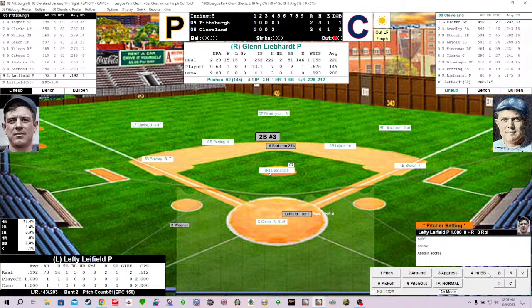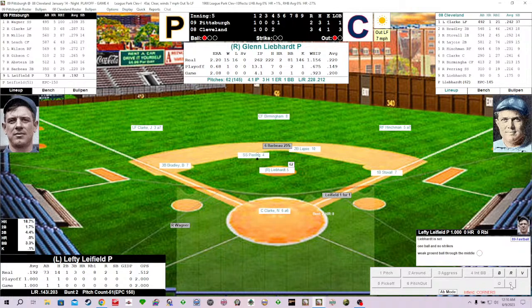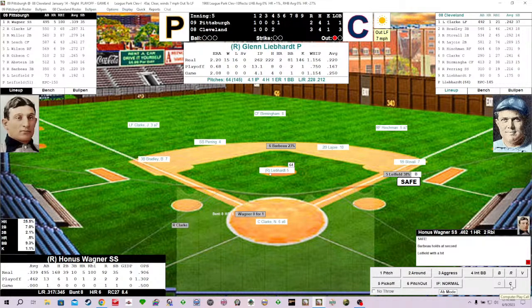All right, pitcher batting here, lefty Leafield. Leafield grounded a single, or lined a single over first, way back in the third. So a run in for the Pittsburgh Pirates. It's now 3-2. Jap Barbeau in scoring position. Glenn Liebhart into his motion, and here's the 1-0 fastball. Easy grounder to short. Perring, though, took his time on that ball, and the throw was late, and they are going to score that one. They're going to score it a hit.